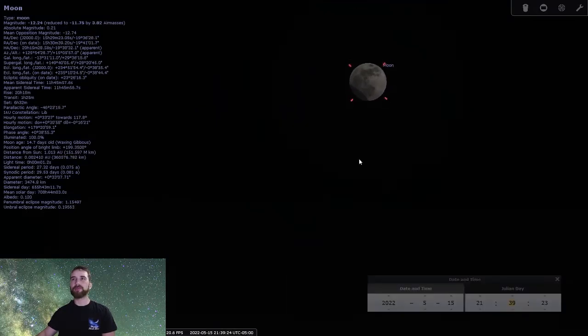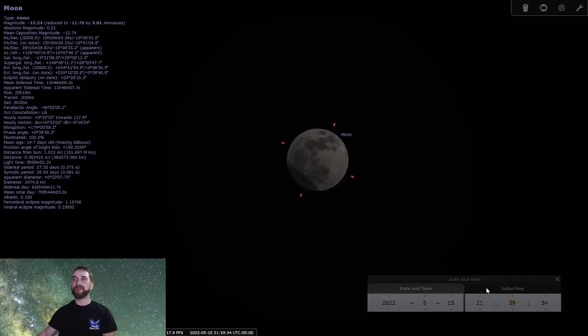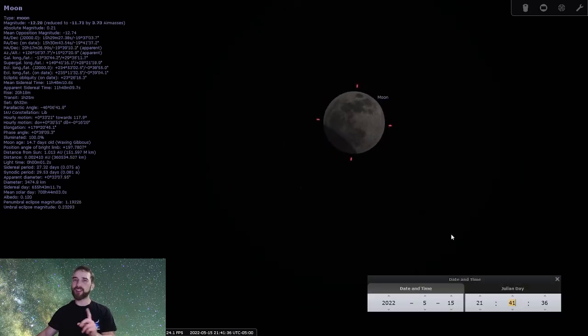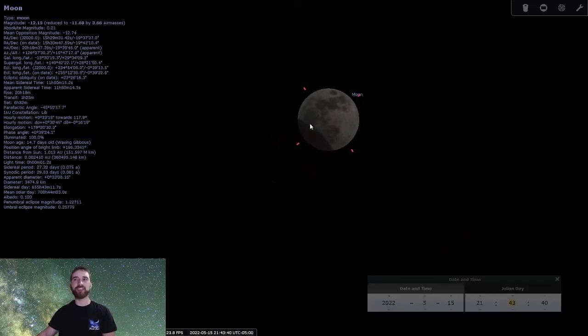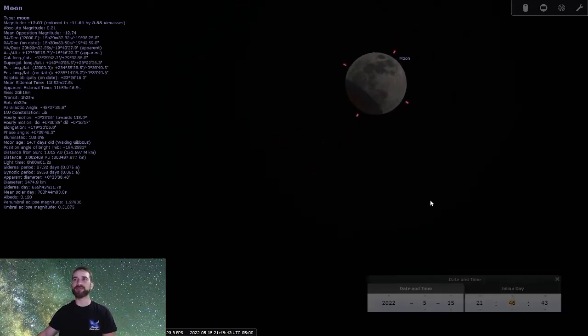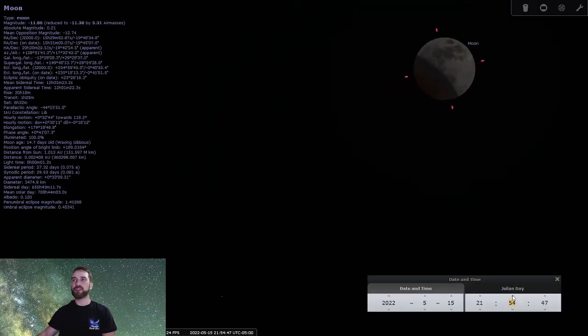Okay, now we see the shadow of the Earth's curve starting to move across the face of the moon. And this is how we know that the Earth is not flat, because a flat object does not cast a curved shadow. So we'll move a little bit further along,